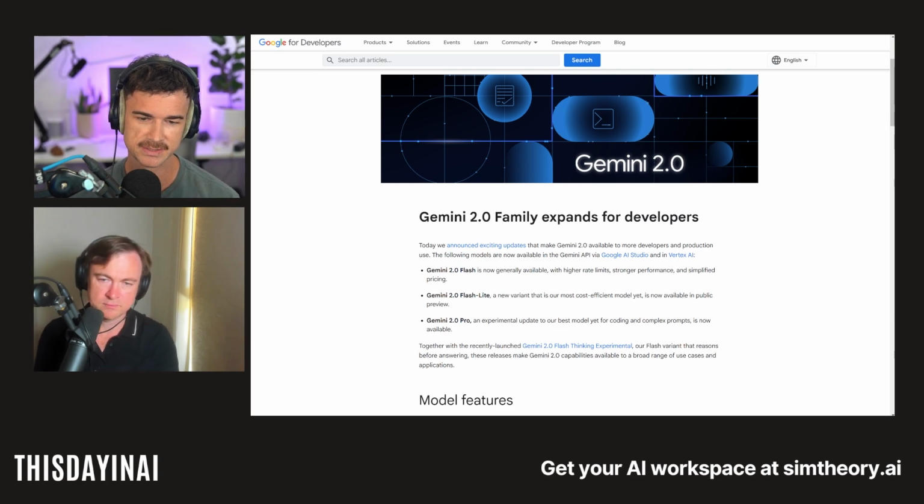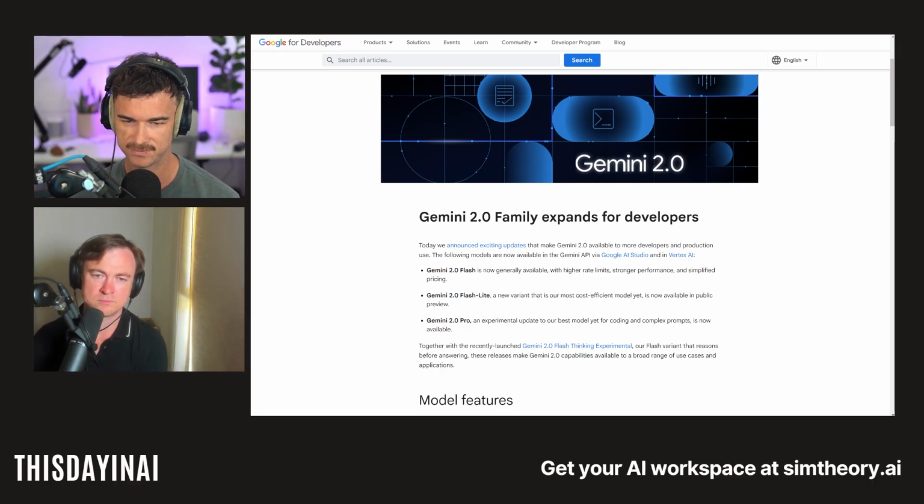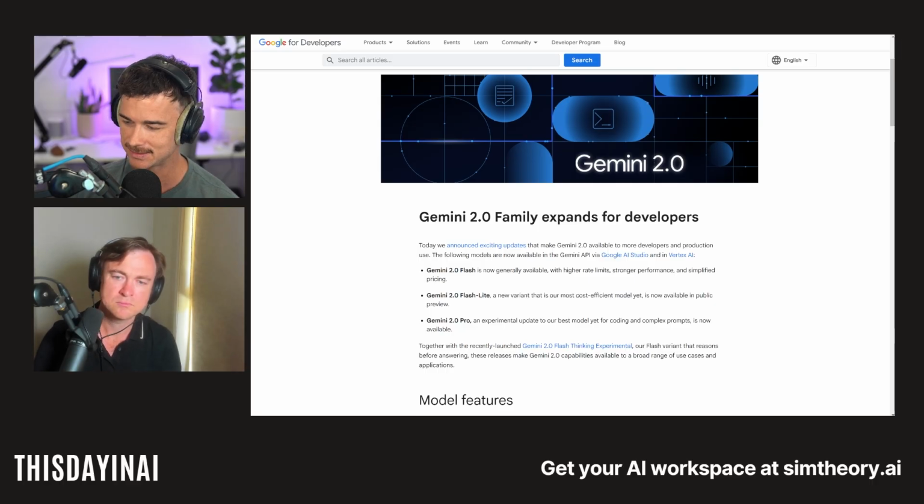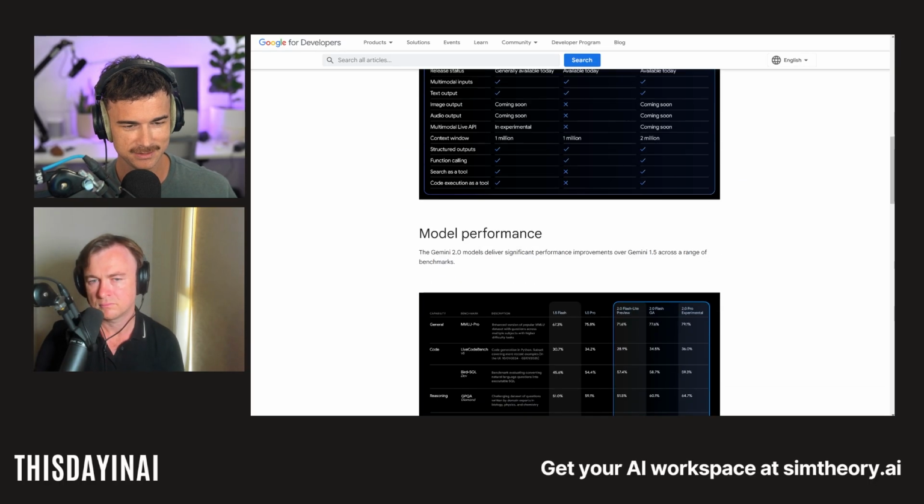And so it's unrestricted. Now, here's the main drawback I think of Gemini 2 Flash that they need to think about or fix. It struggles, which I can't believe I'm saying this. And I've used it on both Sim Theory and in AI Studio to just validate this because I was like, oh, maybe it's our implementation. If you go through a long conversation with Gemini 2 Flash at code, early on, it's surprisingly good. Like it feels Sonnet-ish, like it's really good. But after a while, I find it just forgets. Like even though it has such a big context window, right? Like I think it's 1 million tokens. Yeah, I think so.